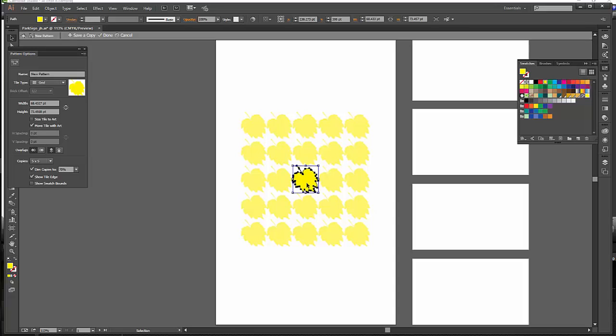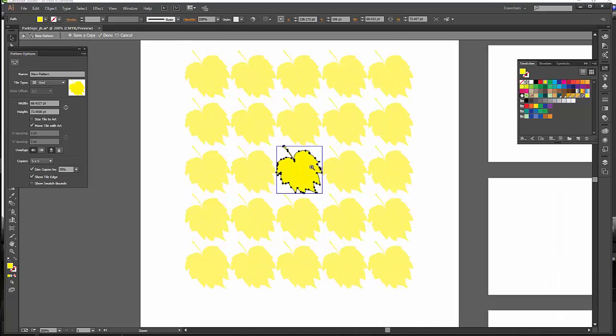Now, you can zoom into this, maybe so that you can really see what is going on. And there's a series of lighter colored leaves around that center shape. That's the repeated leaf shape, and it's dimmed so that you can focus on the original. The blue box that comes up around it, it says it's blue, but it actually looks black to me. But anyway, that's the pattern tile. So if you click off, you see that that is the tile, and that's the area that just keeps getting